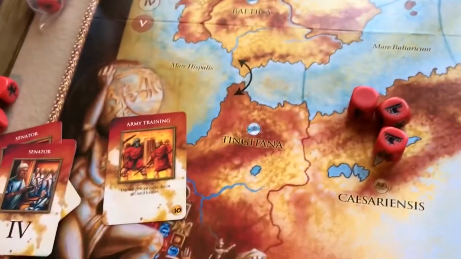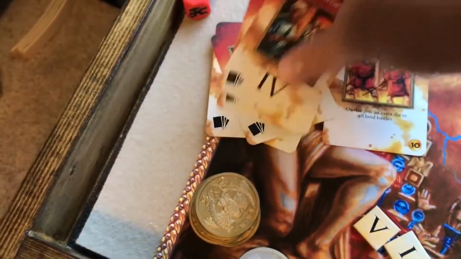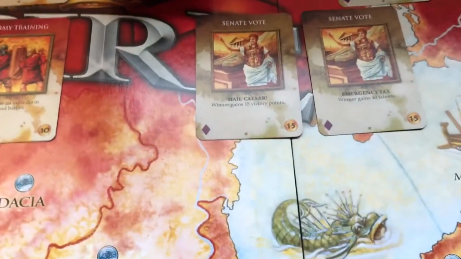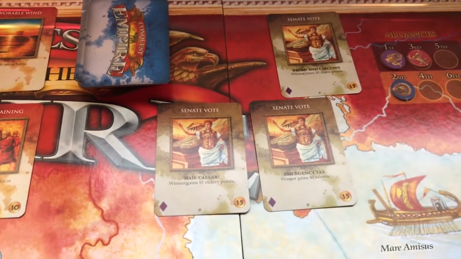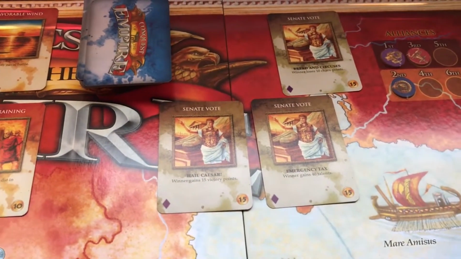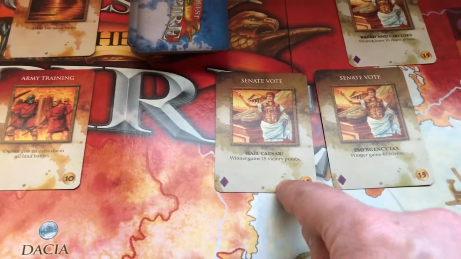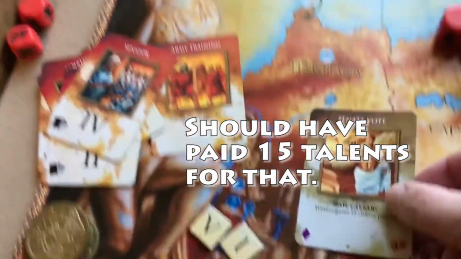Well, so he's trying to decide what he should do for his second action. He thinks he's got a good amount of talents and a lot of senator cards. So why doesn't he go ahead and take one of these Senate vote cards and call a Senate vote, because he thinks he can probably win. So with this one, if he wins this, he gets 15 victory points. He likes that. So for his second action, he's going to take this Senate vote card,